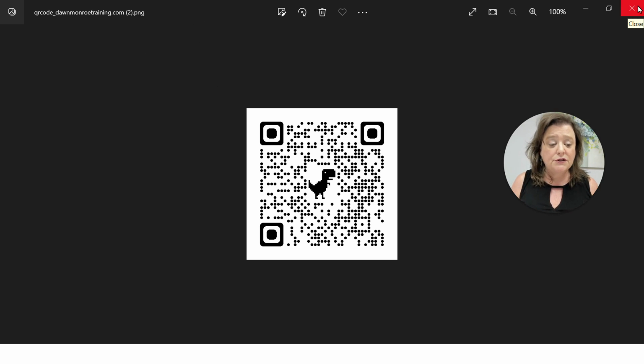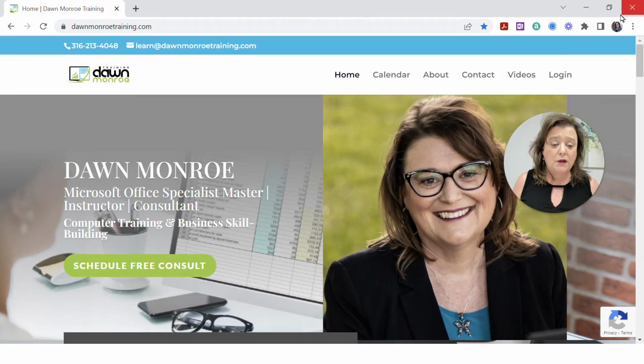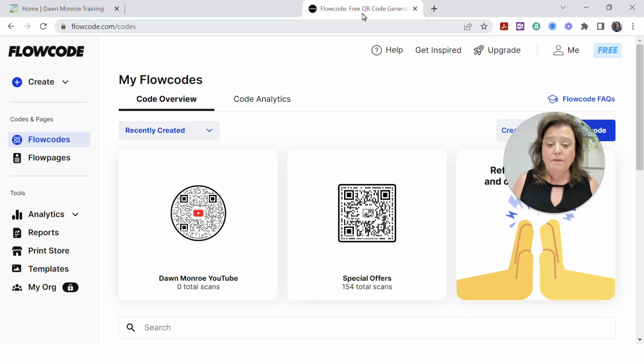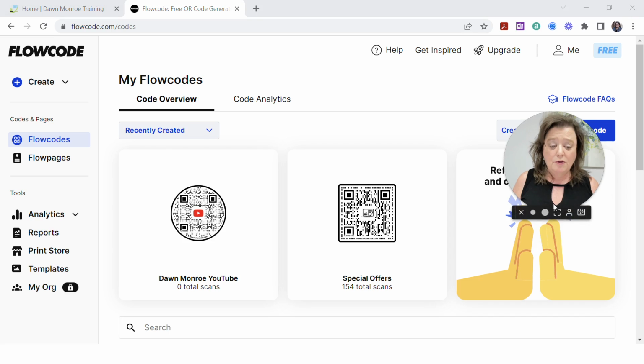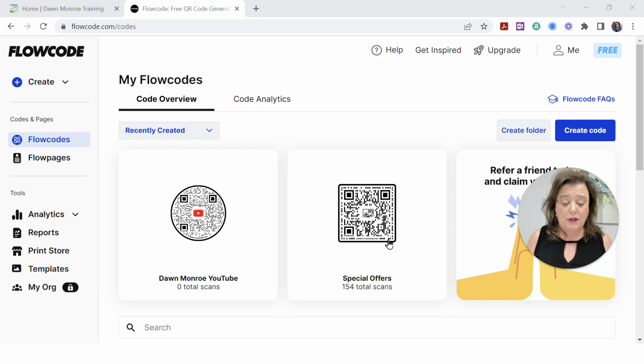Now, there's a lot of ways to do this. So that was using a Google Chrome window. Let me show you a product that I'm a big fan of. This one is called Flowcode, and it's got a free level, bringing it in here for you, and you can see that I've created several flow codes. You can see not who's clicked them, but you can see how many clicks they've got, and you can even customize these. I don't know if you'll notice, but right in the center I was able to put my logo